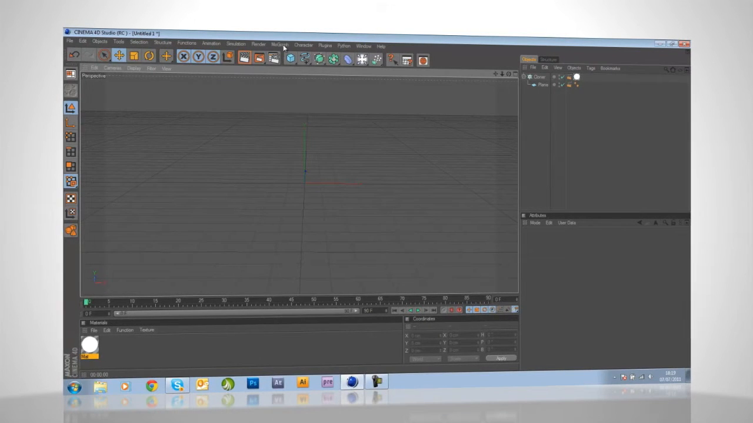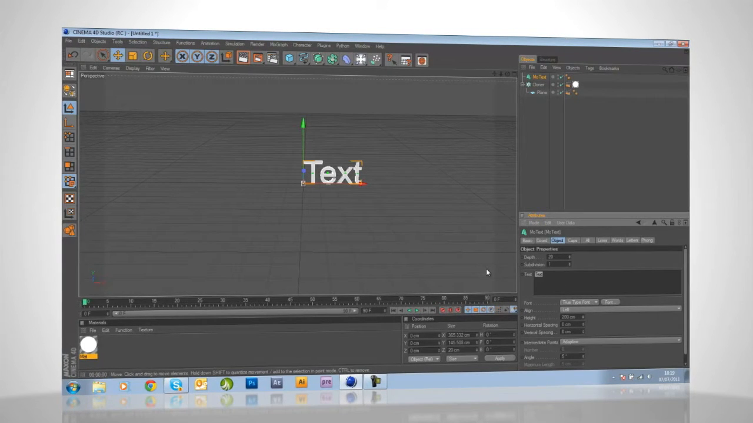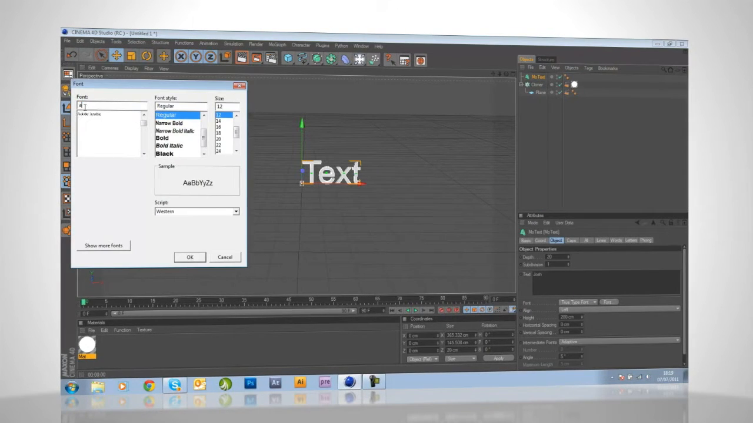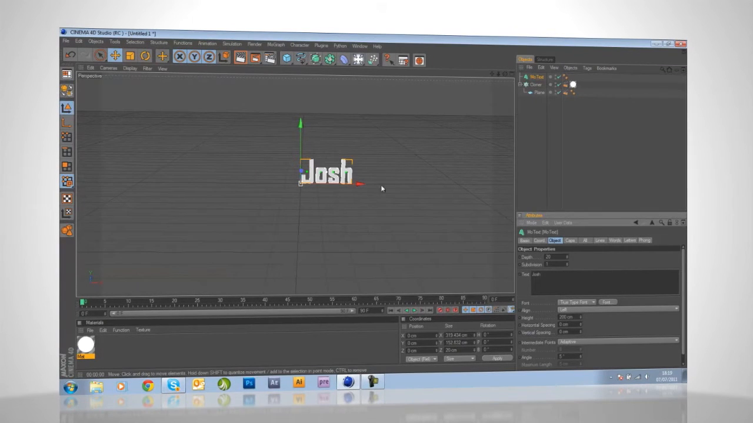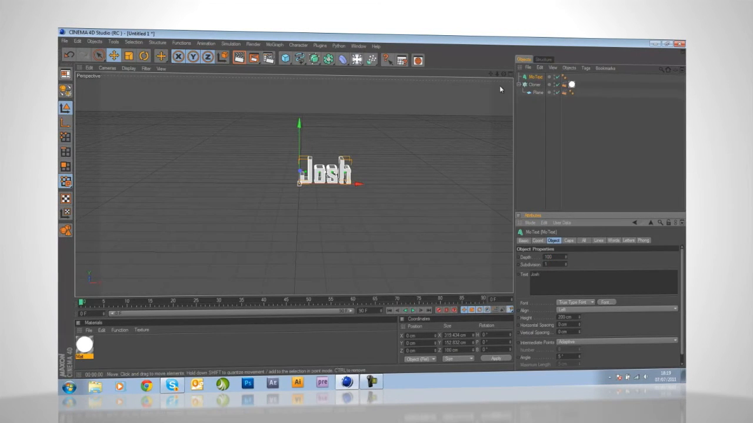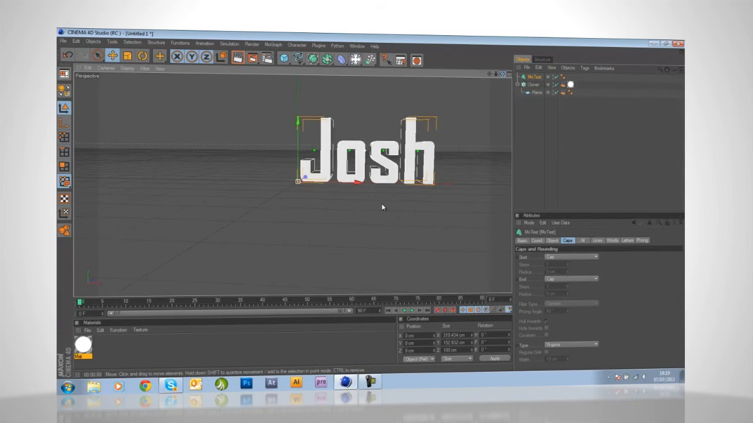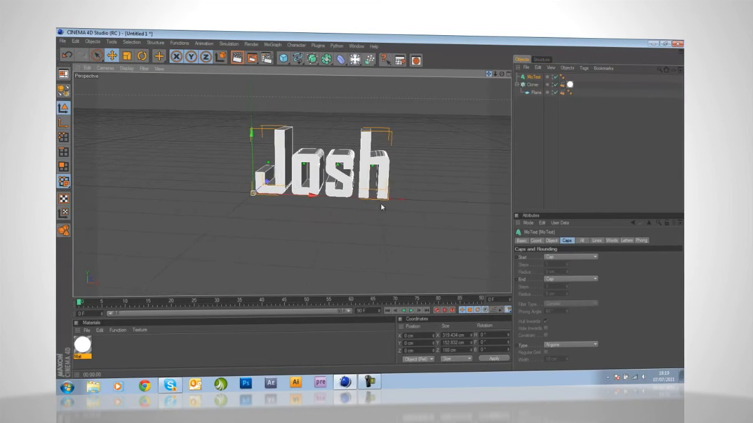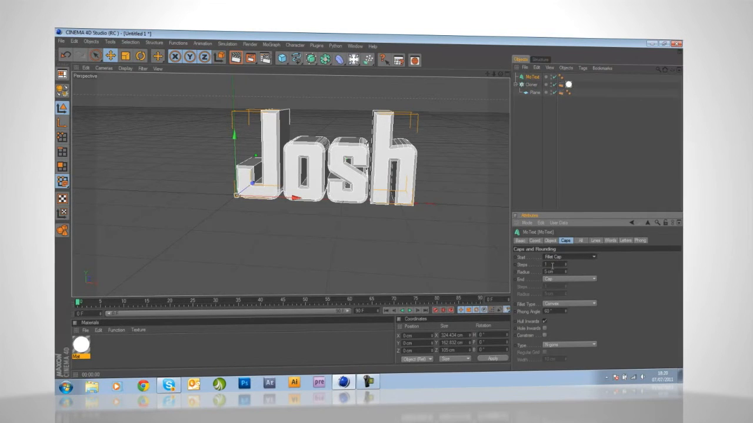Okay, now just going to go to MoGraph, MoText, just say Josh, and then the font I'm going to use Agency FB and bold because I like that. Put the depth up to 100, and then go to caps. Now caps helps a lot on making it look glossy, so if we go fillet, I'm just going to leave it like that,